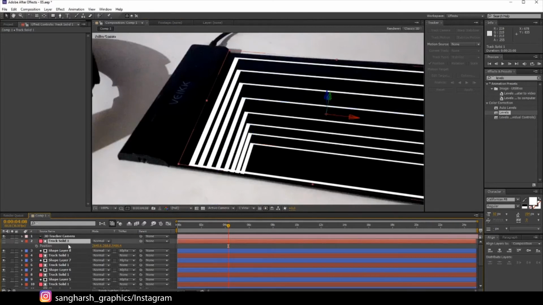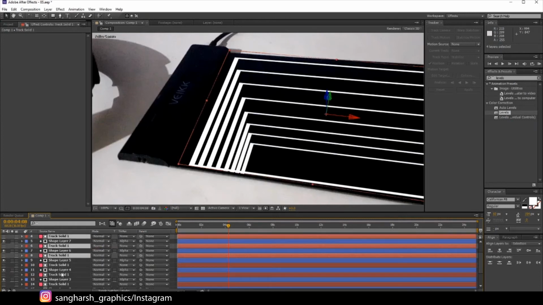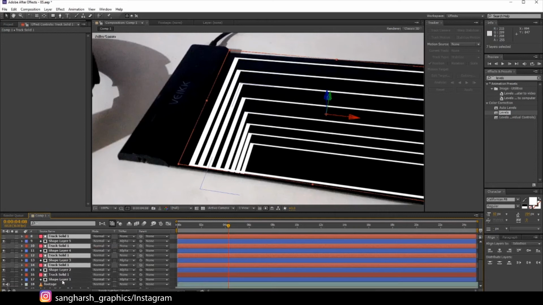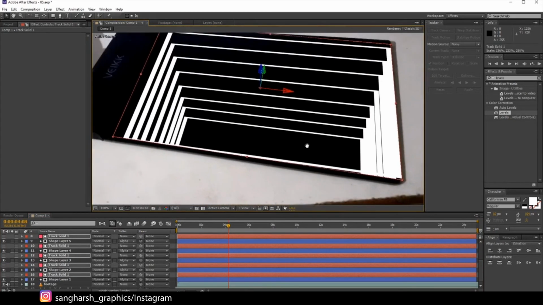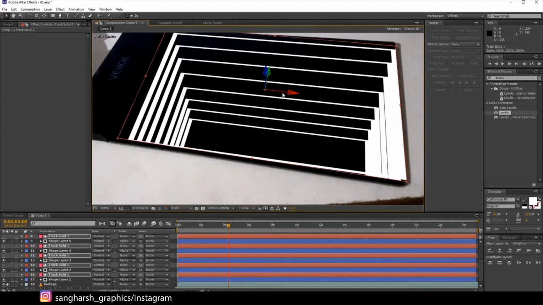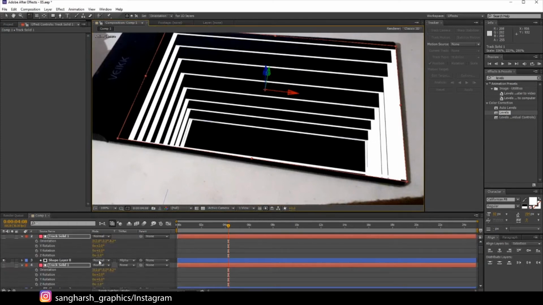What we can do actually, we can increase all of these. We can just select all of the track solids like this. It's just a tricky method I'm using. If you have another method, you can just use it. I'm going to drag it a little bit smaller where the edge gets cut off like this. Or we can just rotate it just a little bit, press R and just minus 1.5. Yeah, perfect.